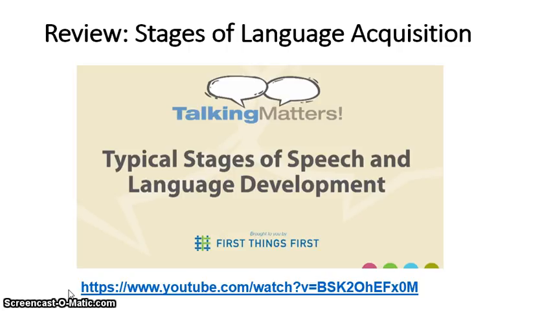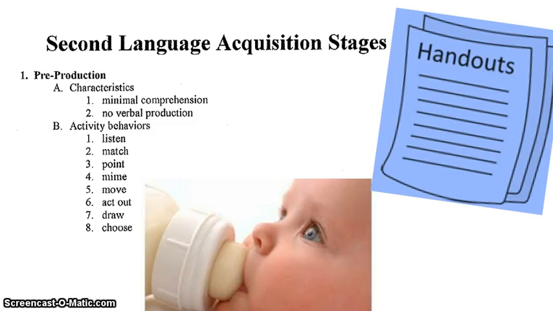I'm not going to use our time together to watch it because I think for most of you, a quick little review will suffice. When we talk about second language acquisition, the handout that you see on MyFire talks about pre-production characteristics, and we're going to talk a little bit about how children acquire language, and actually you're going to read quite a bit about it.